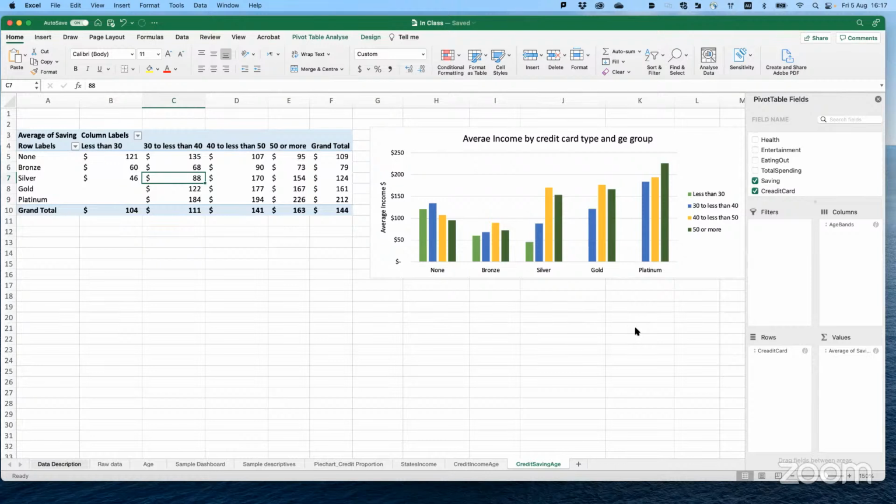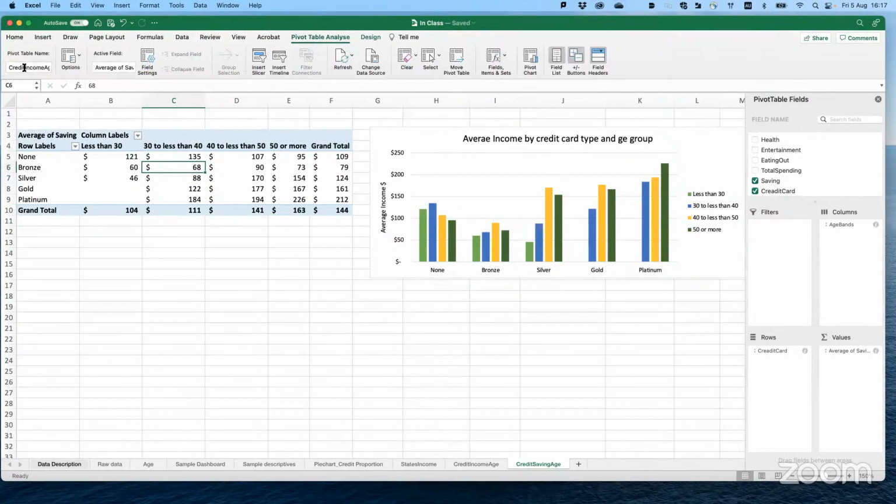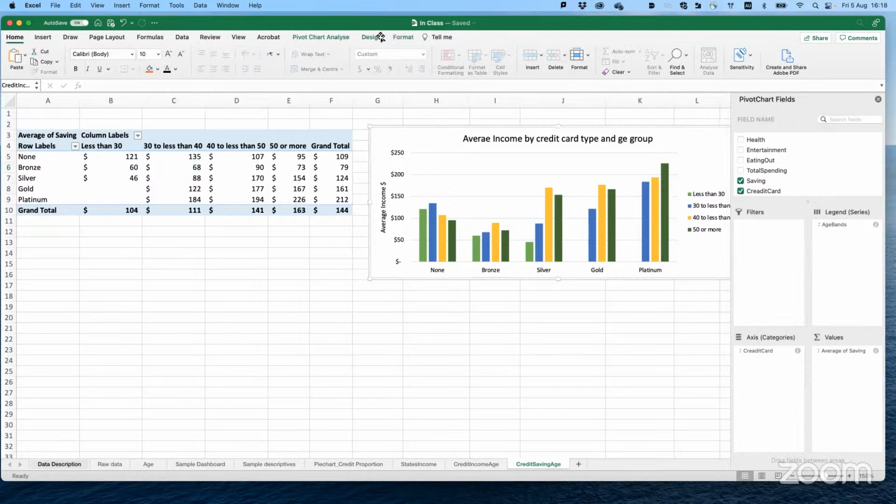Pravina, I'm going to answer your question. So we change the name of this pivot table. We name it credit saving age. And for the chart, same.